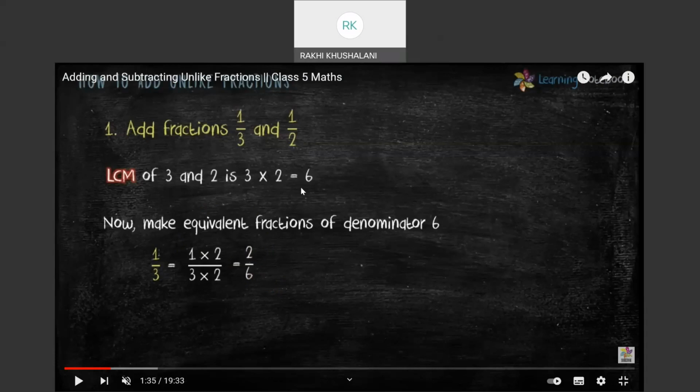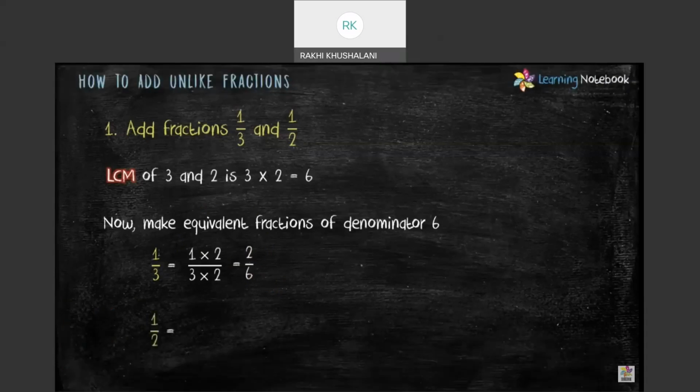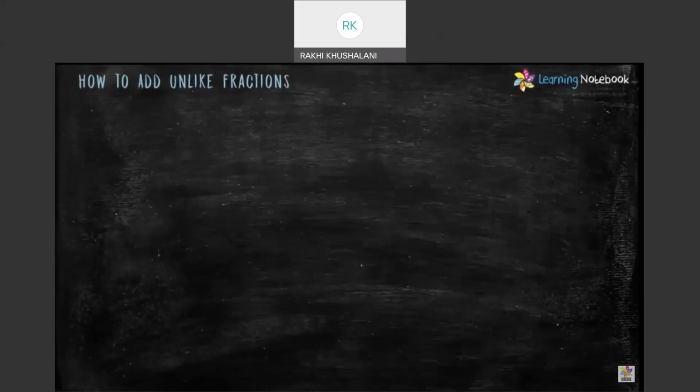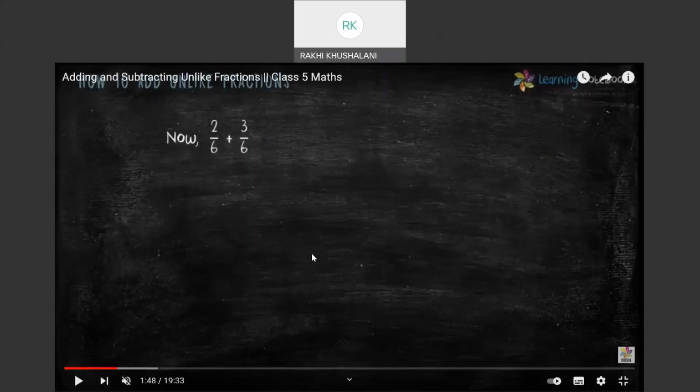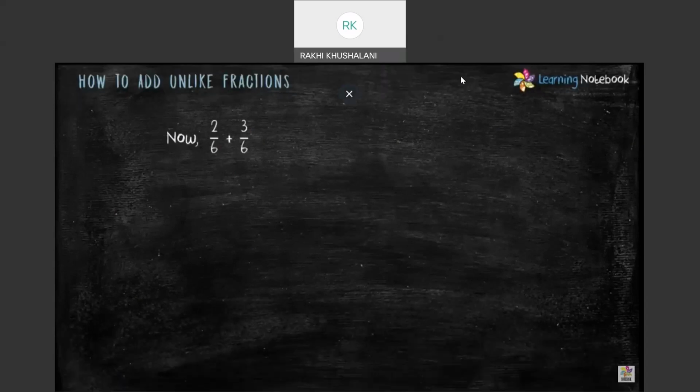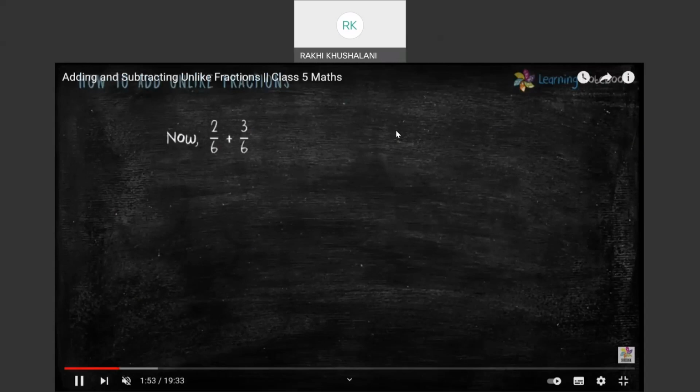Same thing gets applied to the next one, that is 1 by 2 will be multiplied by 3. So I get 3 by 2. Now if you look at 3 into 1 is 3, 3 into 2 is 6. Again, this is an equivalent. Please understand that, children. We are getting an equivalence for compatibility of addition.